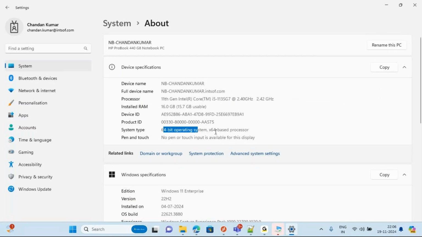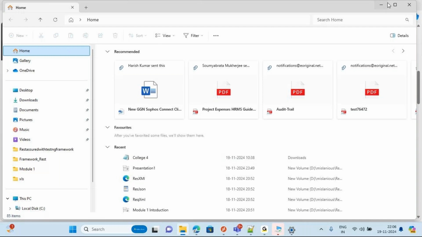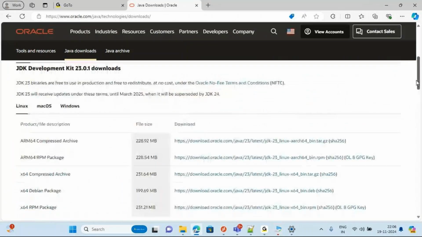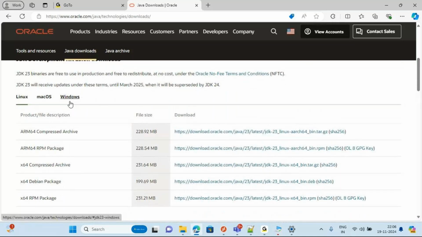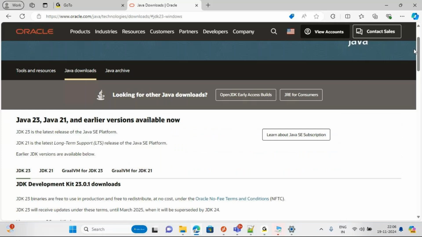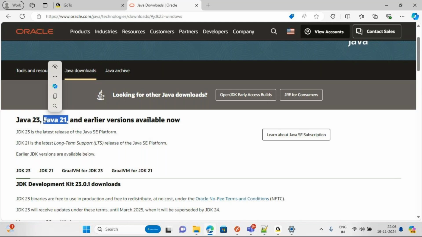If you have a Mac, you can take the Mac operating system. For each and every operating system, they have given the JDK: Mac, Windows, and Linux. This is Windows. But I suggest we will not take the latest version, because the latest version will not be as stable while working with our REST Assured library or other applications. So we will take from the beginning, like JDK 8, 9, 10, up to 13; we will not take the latest version,